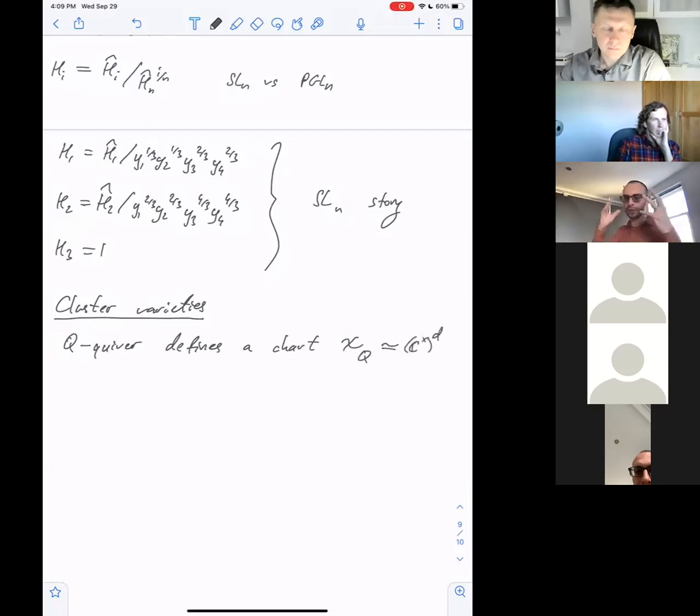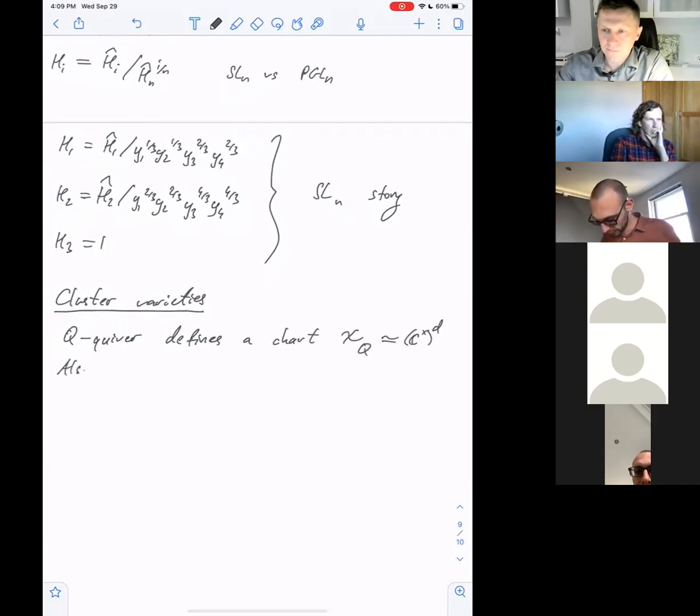And what we did before, we just said, well, if you have a shuffle of a double wild word, you can construct a quiver from it, like I showed. But you can just forget about double Bruhat cells and start with an arbitrary quiver, get a chart, and start mutating the chart, right? So also, what the quiver does for you defines